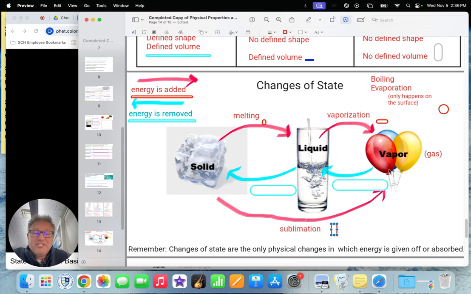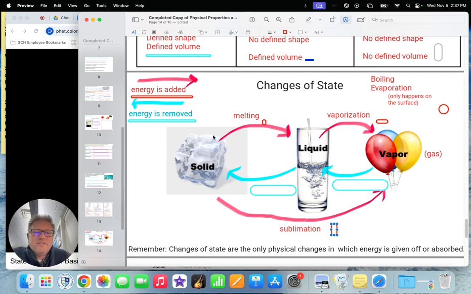Dry ice, which is actually frozen solid carbon dioxide, solid CO2, when it sublimates, goes from a solid right to a gas. To get dry ice, it's very, very cold. And so that's why it sublimates at room temperature, and you can see it sublimate when it's cold like that.